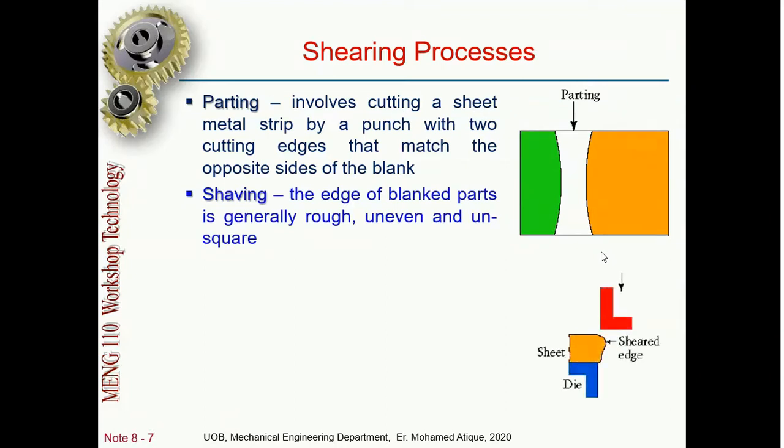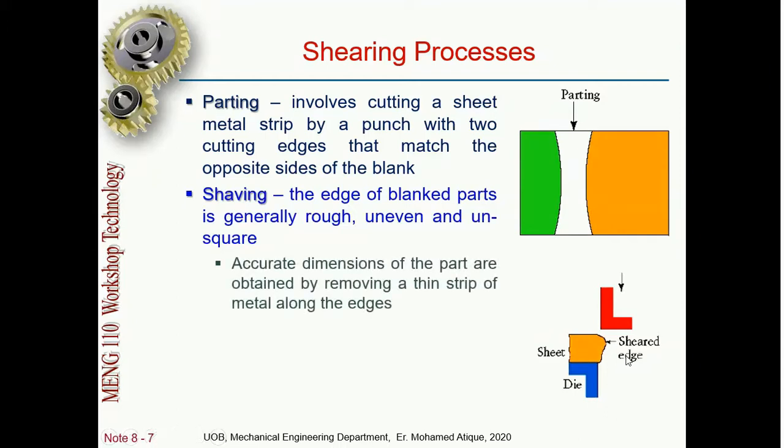Shaving: sometimes when we cut the metal, the edges are not properly smooth. The edges are a little rough. See here, you can see after shearing, the edge has acquired this shape. Now to make it smooth, we do shaving so that the uneven part gets even. Due to this unevenness, the dimensions are distorted a little. So by this operation, we are getting the accurate dimension. So we'll cut it to the required dimension. Just from the edges, we'll cut the uneven part and make it straight.